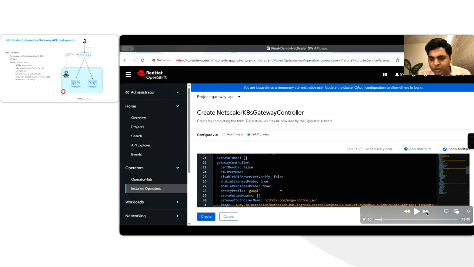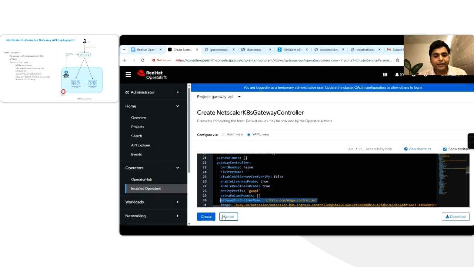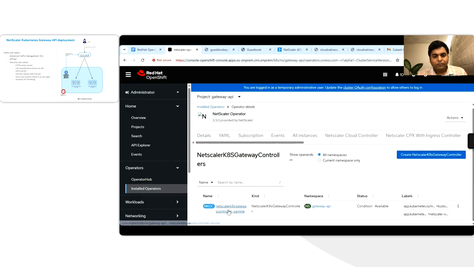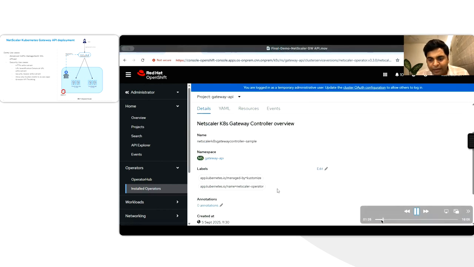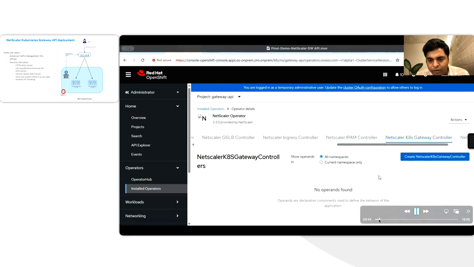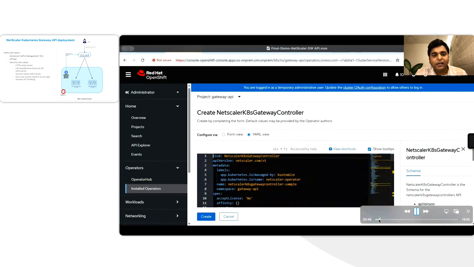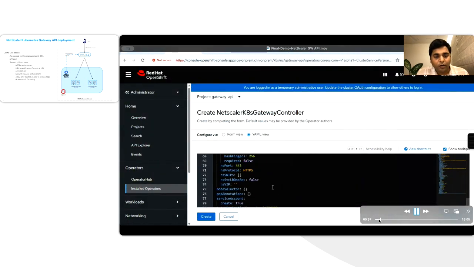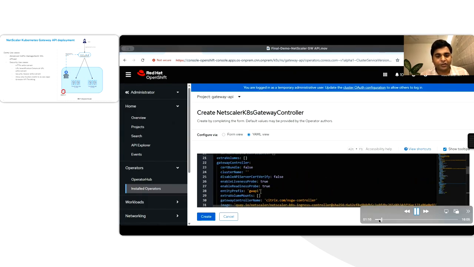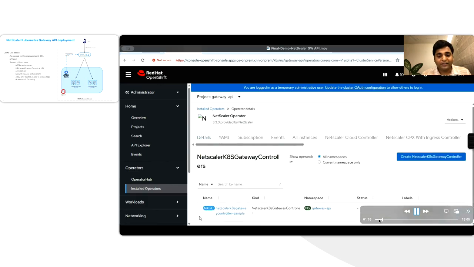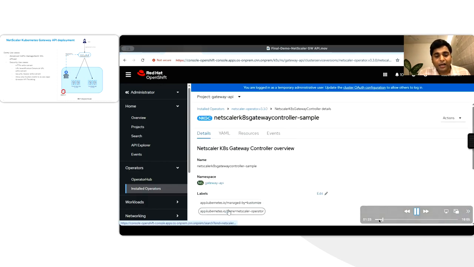So yeah, let me continue the demonstration. As I was mentioning, this is the configuration that has to be created. Some changes like the Gateway API. Let me go back to just show you the important messaging. Once you create the manifest file, I'm just copying it for reference to show what the important fields are. First is definitely the NetScaler IP, the management IP, and its credentials. It's important to connect from the OpenShift cluster. Also, we have to provide the prefix, which is any name, and the gateway controller name. This is important, which would be mapped to the gateway class.